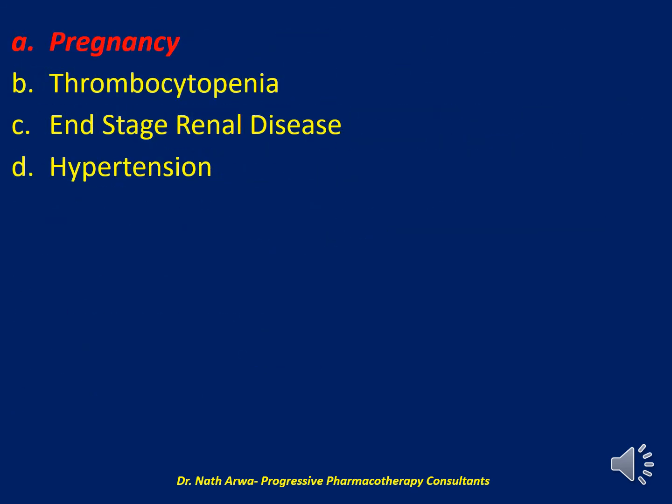Pregnancy is the correct answer. I'd just like to emphasize that thrombocytopenia isn't a precaution for dopaminergic therapy. Dopaminergic agents listed above do not affect platelet count at all. Now, although approximately 20% of pregnant patients experience restless leg syndrome during pregnancy, there is paucity of information on dopaminergic